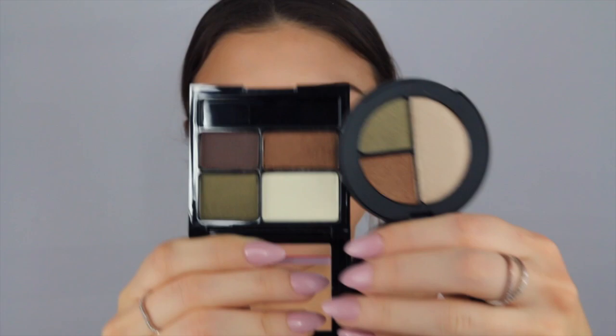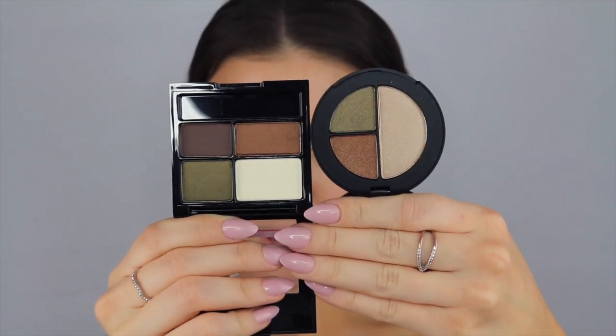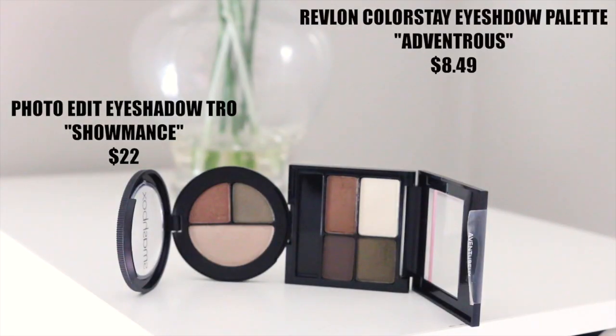That's the last of my CoverGirl brow pencil. I love you. For the eyeshadows, I have this Smashbox eyeshadow trio. As soon as I saw this, I'm like, hold up, this looks awfully similar to my Revlon Color Stay. Very similar. I just like the Revlon Color Stay more just because the Revlon has a matte dark brown and